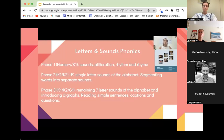This is also when the children start to do some segmenting words into separate sounds and blending them back together, practicing those key skills. Phase 3 also comes in K1 and will go through into K2 and potentially grade 1. This is the remaining 7 single letter sounds of the alphabet, and then we introduce digraphs as well. During this time, the children will be reading simple sentences, captions, and questions, as well as practicing their segmenting and